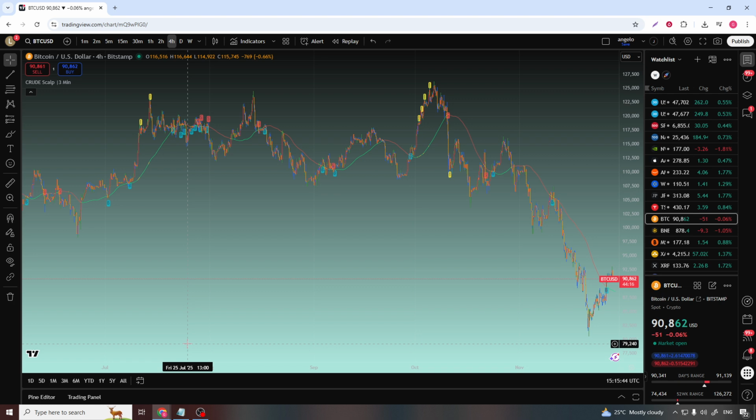Take a moment to zoom in and out and scroll through your chart history to make sure the signals are displaying the way you expect. If you want to adjust how the indicator looks or how it behaves, you can usually do that by hovering over the indicator name at the top of the chart, then clicking on the settings icon. From there, you can customize things like colors, line styles, and sometimes even the logic parameters, depending on how the